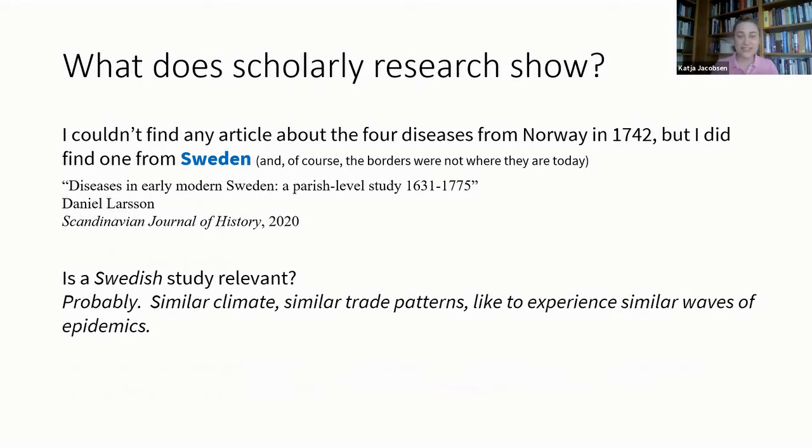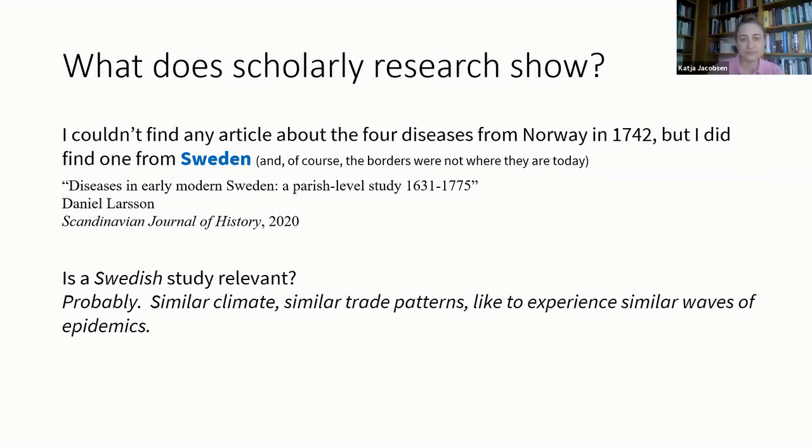And part of the answer here is that the borders have been fuzzy. So Sweden was Norway, or Norway was Sweden, or Denmark at various points in time. So we can map out where this article from Sweden was happening, but it's fairly close to Norway. So we can assume that these were experiencing similar sorts of trade patterns, similar waves of epidemics, both Norway and